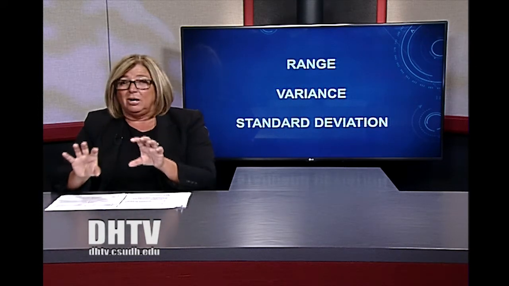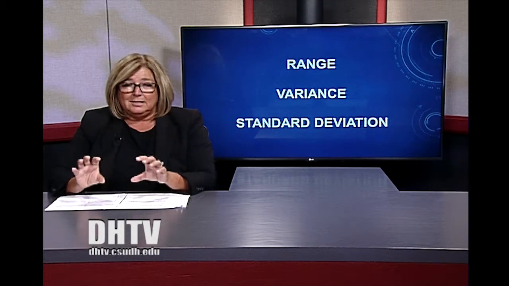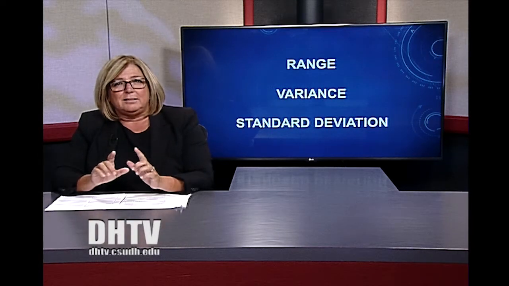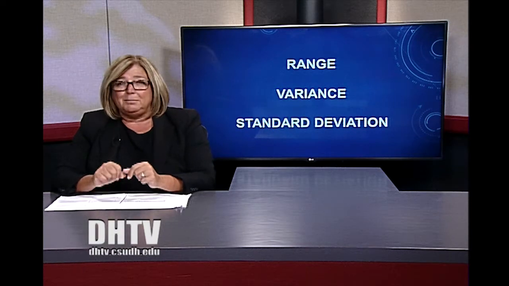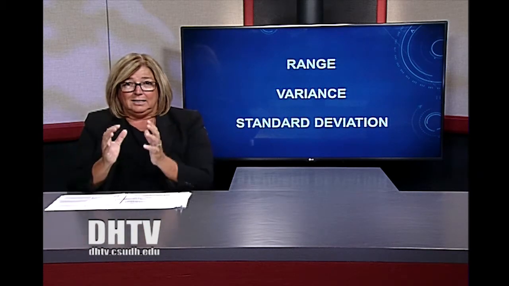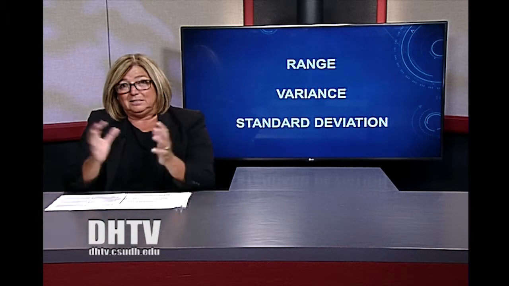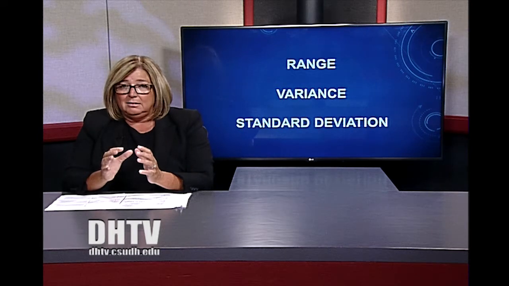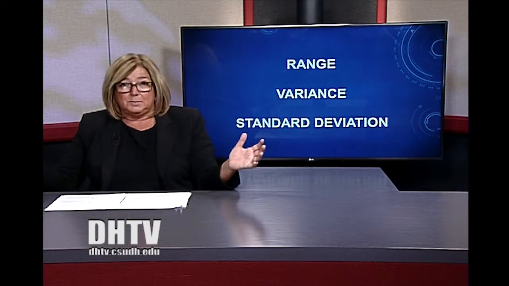Now without going into all of the specific math quite yet, which I will do a little bit in a minute, I want to talk to you about what variance is. So variance is this notion that it describes how spread out the data are. What does that mean? Well, if the data are tightly collected around the mean, or I see that I have low variance because of that, then I know that my scores are not very spread out. Alternatively, if I see a lot of variance, then I know my scores are spread out.